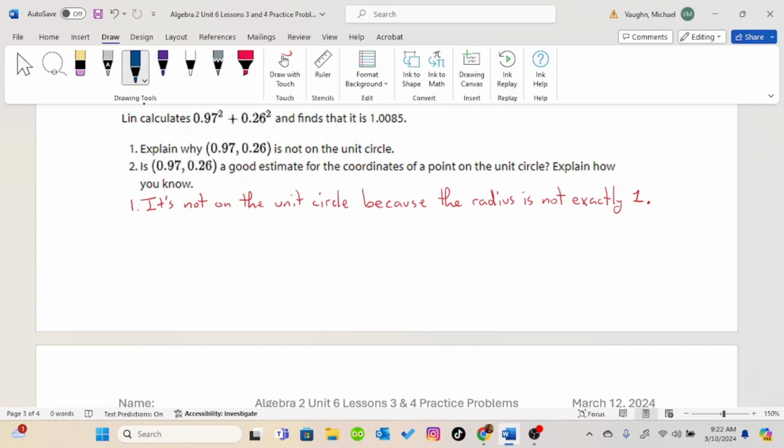Number 2, is 0.97, 0.26 a good estimate for the coordinates of a point on the unit circle? This is a subjective question. Is it a good estimate? Well, it's only 85 thousandths away from being on the unit circle. So you would say yes,